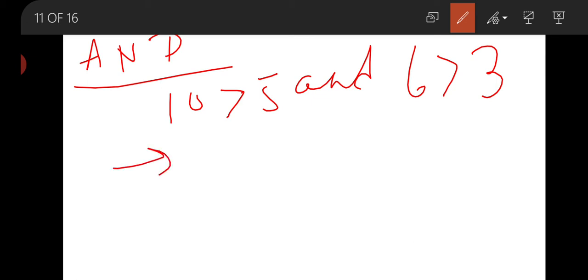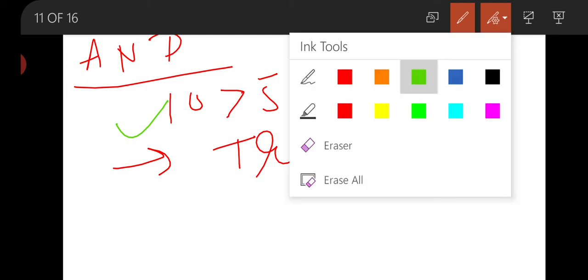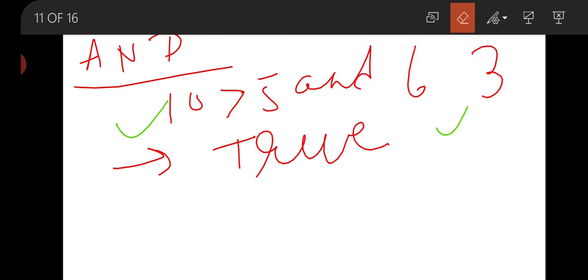Why is it true? Because the first condition 10 is greater than 5 is true. 6 is greater than 3, true. If we are going to change any of these conditions, suppose we have written 6 is less than 3.